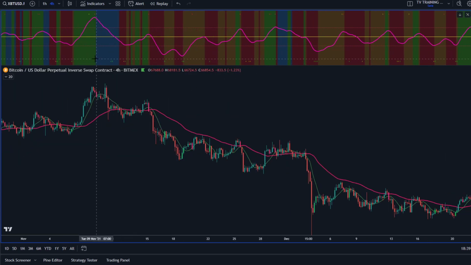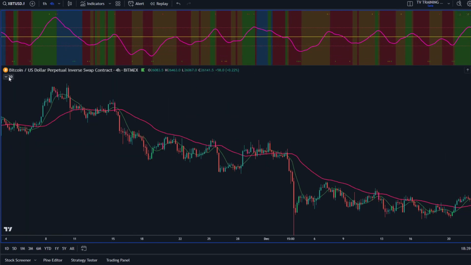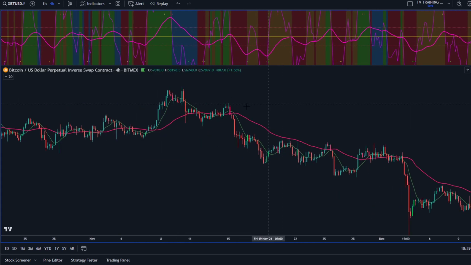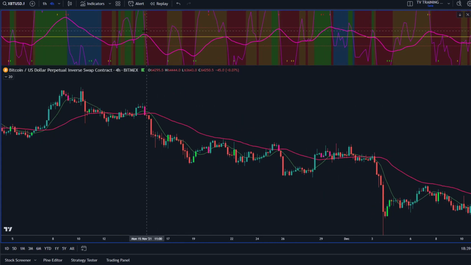First of all, any action above 50, you know what, I shouldn't have brought that down. I'm going to show you something with FSR too. Any action above 50, typically, again, you'd say, oh, it's bullish momentum. But if price action is down and you're in a bear trend, well, then you're in a bad position here. You're actually going to be in a position where you would say to yourself, oh, okay, this is a trap, right? Or a potential trap, especially if the momentum takes it to the downside, right?